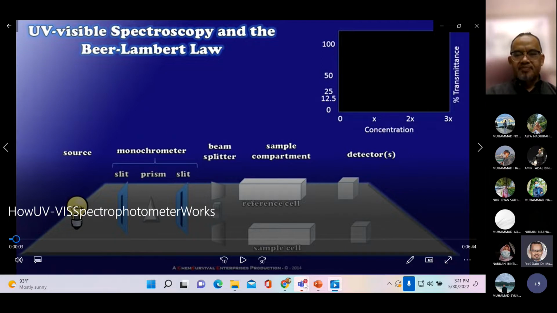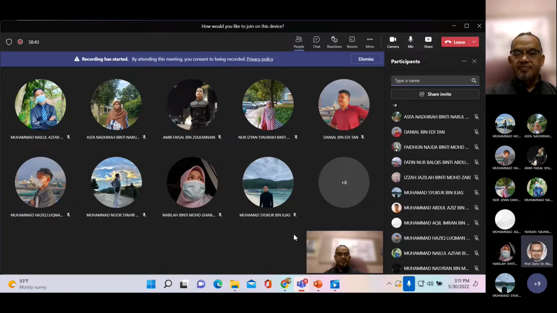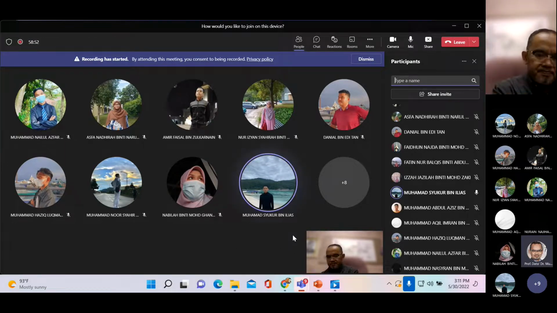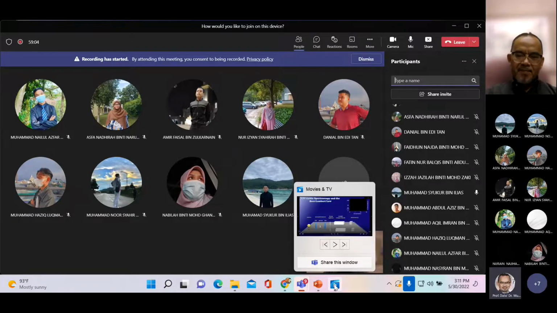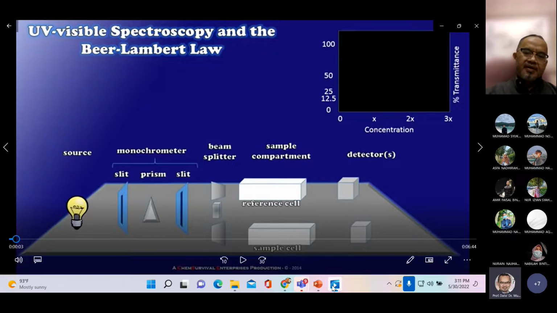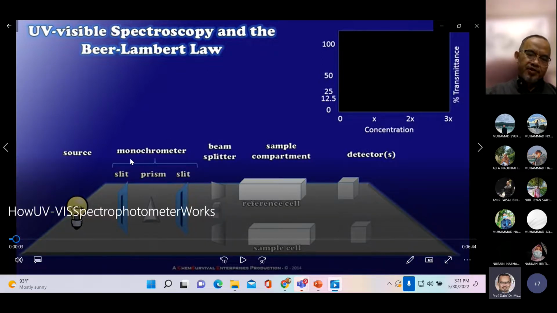Anybody want to guess? Muhammad Syukur Ilyas, maybe you want to try? Yes, Doktor. Okay, you answer me. You got the answers? About what, Doktor? Oh, ni tak pay attention ni. Tak pay attention. Yang mana, Doktor? Saya ni. Okay, monochromator. What is monochromator? And the relationship between monochromator and these two slits and prism. Okay, that's the question. What is monochromator and the relationship between monochromator and these three components here, two slits and